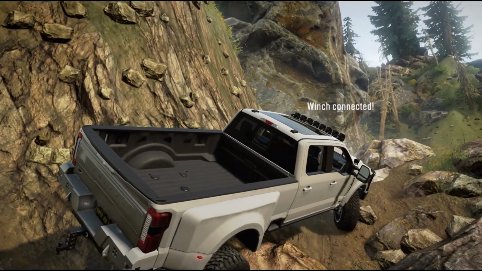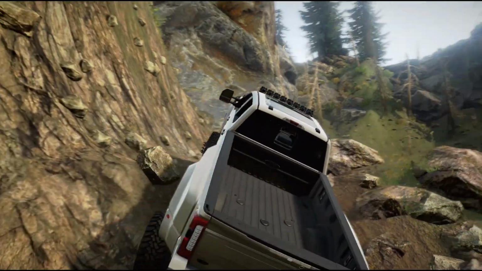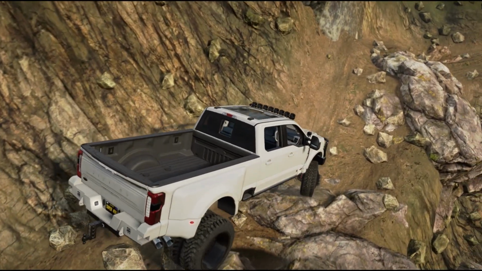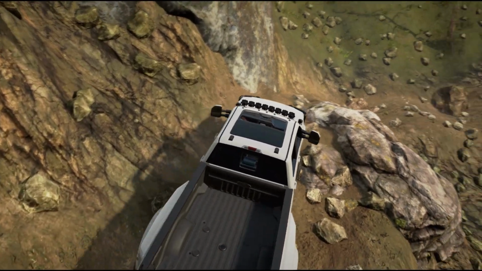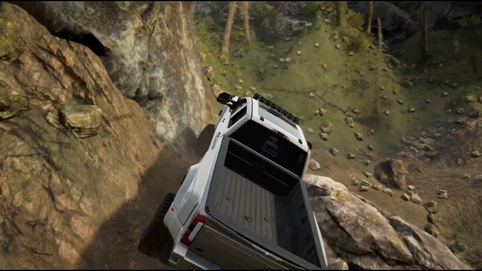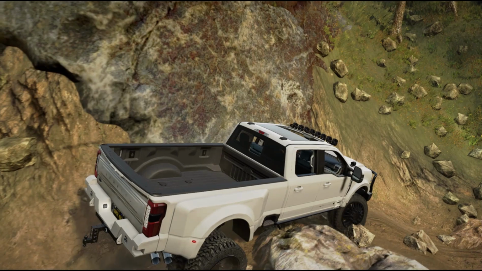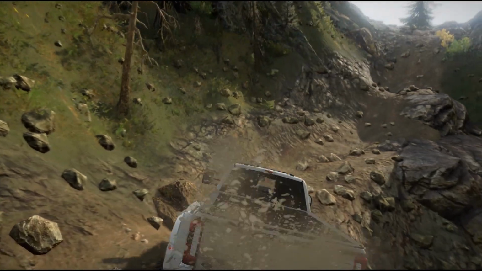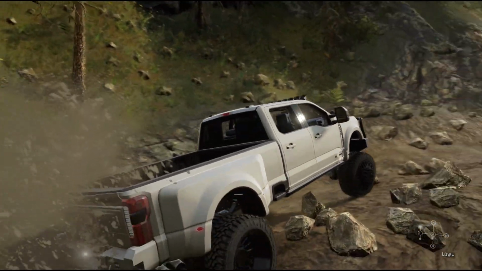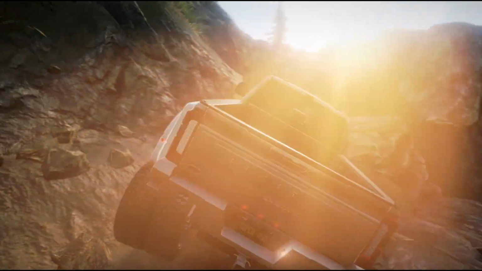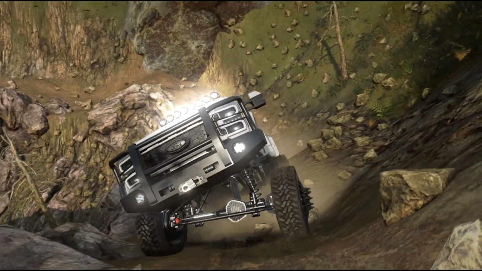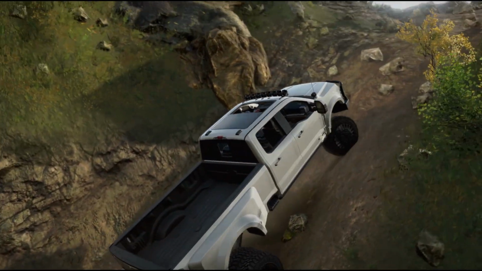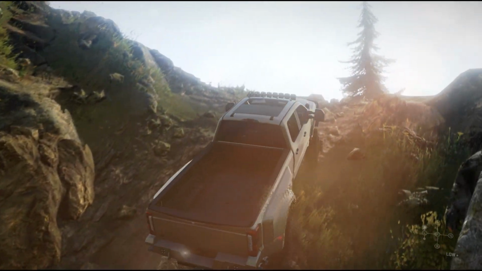However, I do think that trucks like, for example, this F450 mod would honestly be right at home in Expeditions. This truck would probably drop right over. Now, I'm sure that would require a little bit of coding changes and a few other changes, because while Expeditions does look and play similarly to SnowRunner, I'm sure there are a lot of things under the hood of the game that have been changed and adjusted and work similarly, but in slightly different ways.